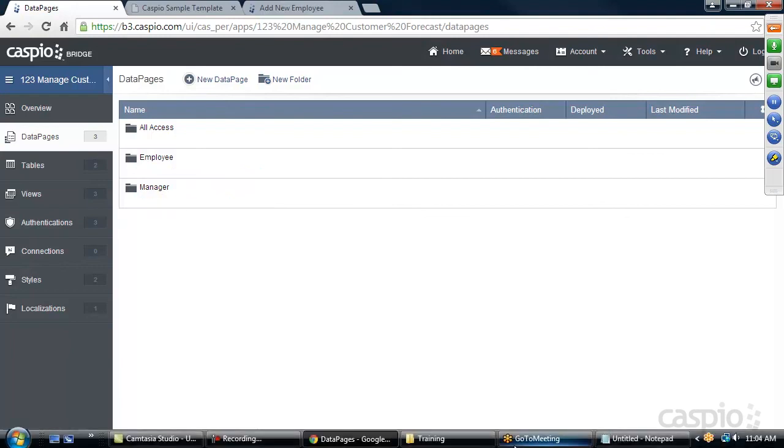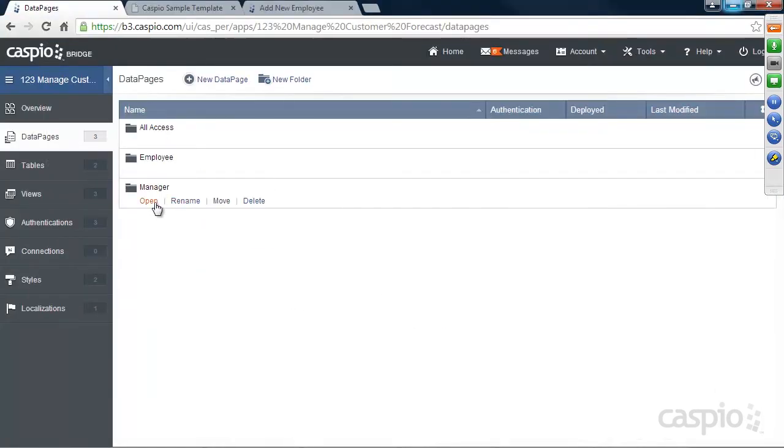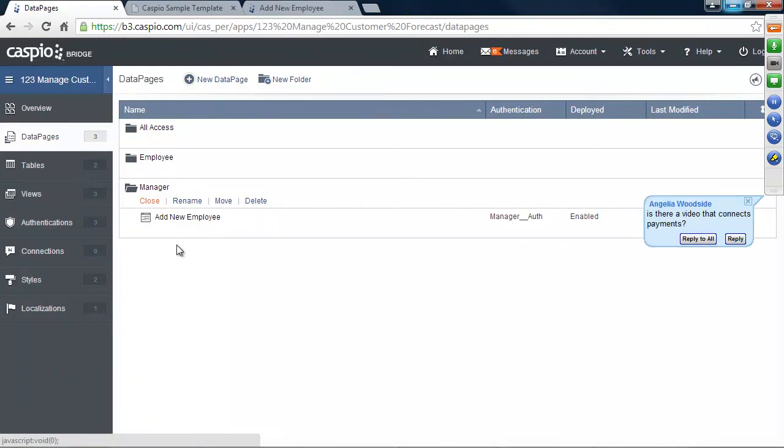To finish off this application, you're just going to need to build 2 more data pages, a report to view and manage all the employees that you're adding, and a report that manages and views all the customer forecast. Okay, those are the final two data pages. We don't have the time to build them today, but it should be just as easy as